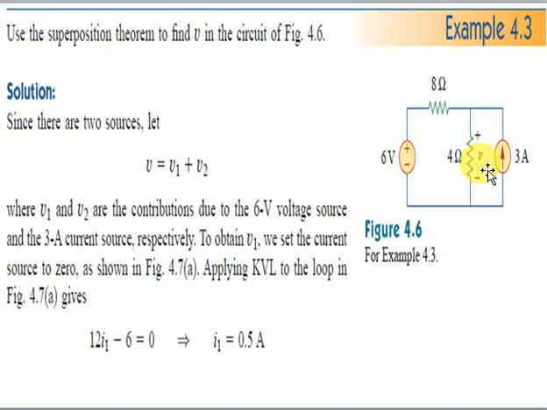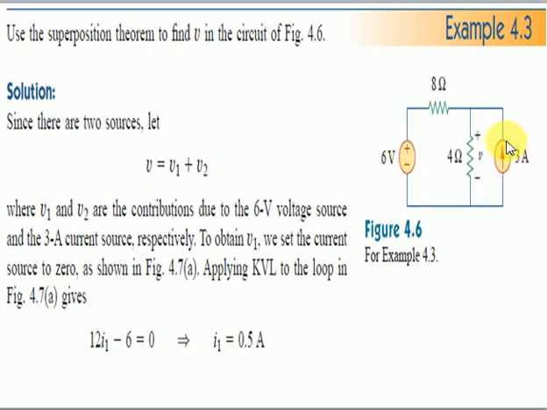First of all, we will get the value of V. We will use only this independent source, and let's suppose we will get the value V1. Well, we are using this 6 volt source, then this V became V1. Then we have to find out the value of this V1 while we are using only this source.